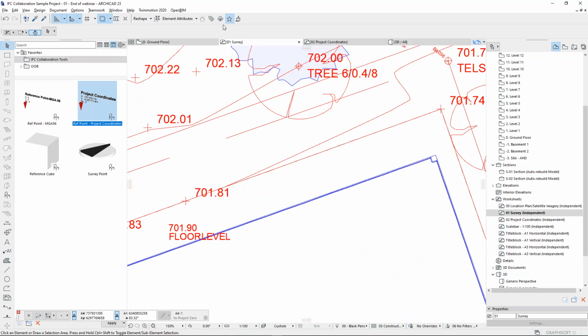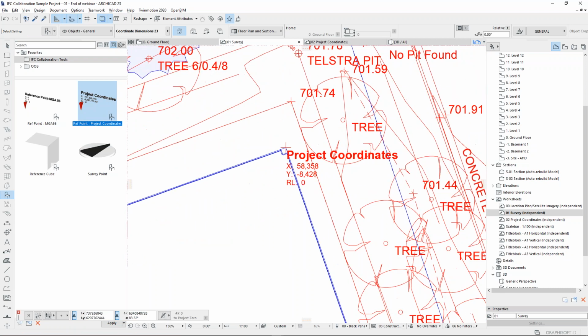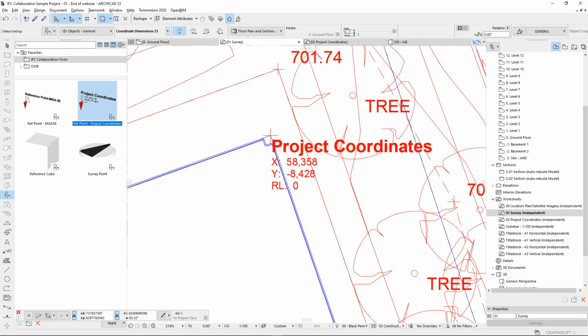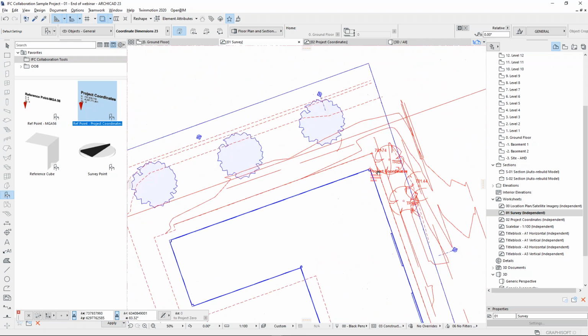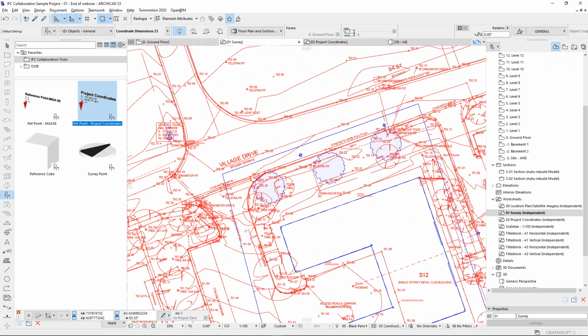It is recommended, just like always, whenever you can, to use a favorite that is using the project coordinates, which is an object in the library. Let me use this for now, and you'll see what I mean by that. If I place that point in here, these will be the project coordinates that are related to the 0 that I've used. That's there. But if I use